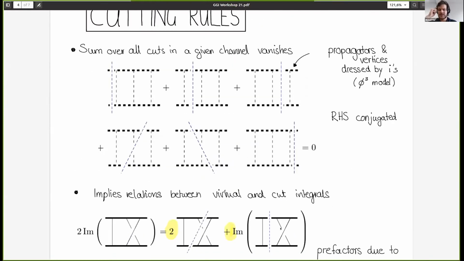Let me quickly spend some time on what I mean by cutting rules. So I think it's a very well-known fact that the sum over all cuts in any given diagram vanishes. So for example, we can look at the S-channel cuts for some double box diagram, and we can see that all the contributions from all the S-channel cuts have to sum to 0. And you have to keep track of i epsilons, but that's something that is very well understood in